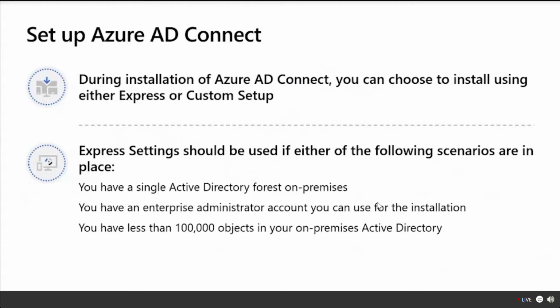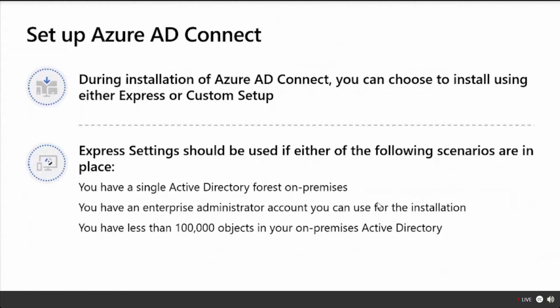When you go to set up Azure AD Connect, there are two installation types for brand new installations. There's Express and Customized. Express is the most common option and is used by the majority of organizations when they go to install Azure AD Connect. It was designed actually to provide a configuration that works for most common customer scenarios. The Express installation assumes that you have a single Active Directory forest on-prem. You have an enterprise administrator account you can use for the install, and less than 100,000 objects in your on-prem